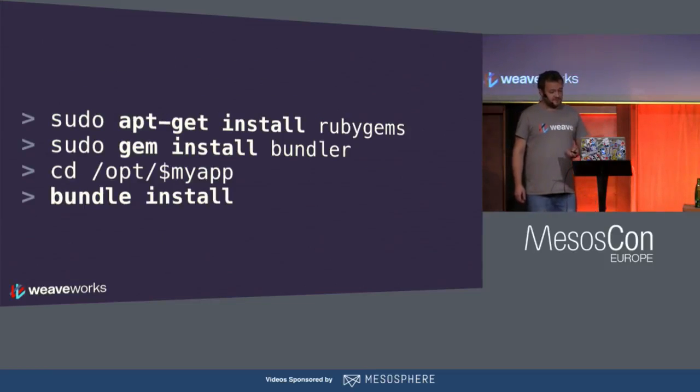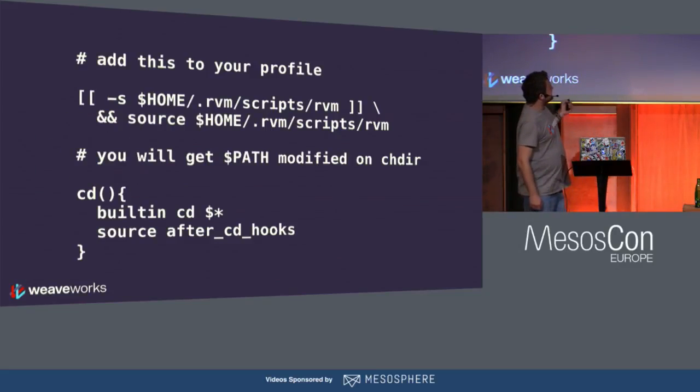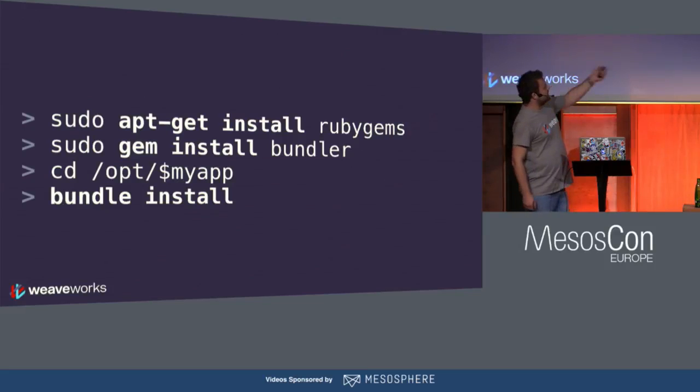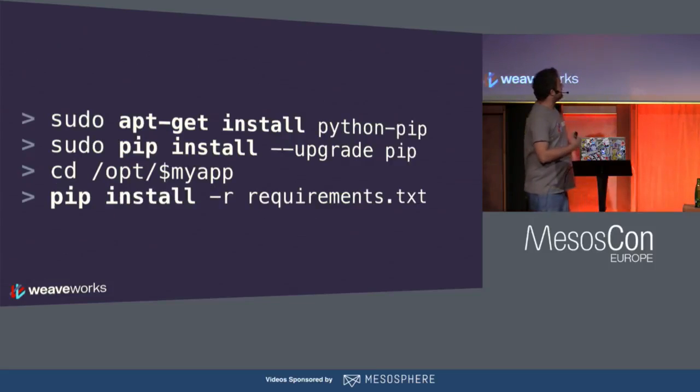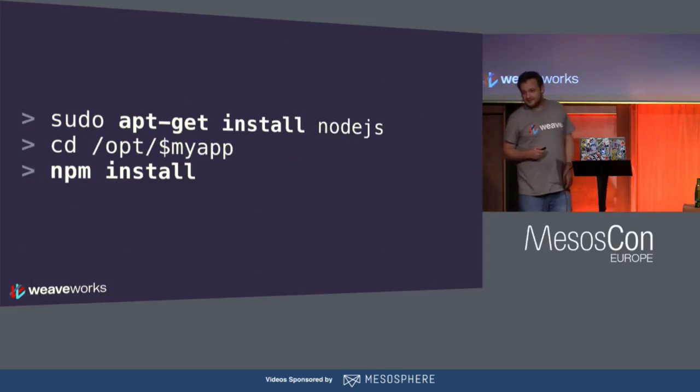And this, you probably all know. Besides that RVM stuff, you still had to use one package manager to get your other package manager, and use that package manager to get your packages. Actually, in Ruby you've got three, right? You'd use your system package manager to install Ruby gems. Once you install Ruby gems, you install Bundler, and Bundler is like a wrapper on top of gem. Things are not dissimilar in the Python world. Node.js has a little less. Anyway.